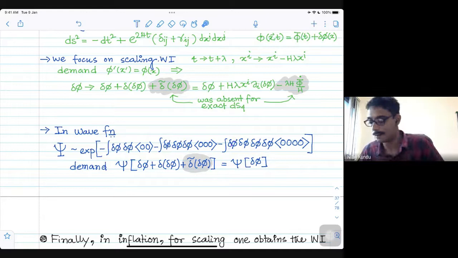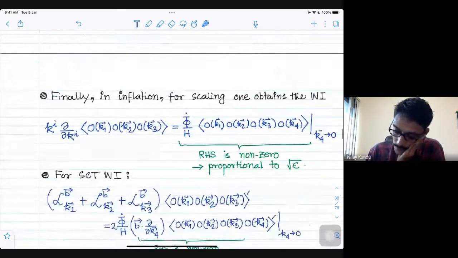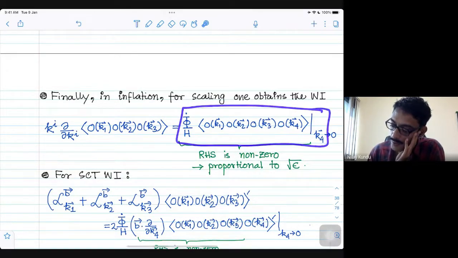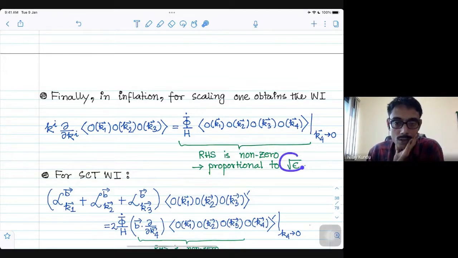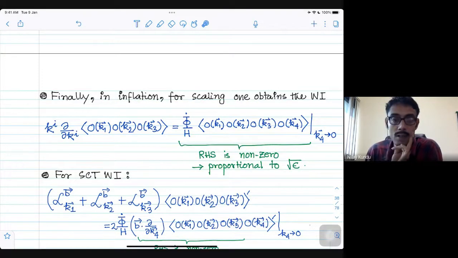So I'm not getting into the details, but if you follow the calculations, you will see that the scaling Ward identity for inflation becomes this object equal to something non-zero, which is proportional to this phi bar dot over H, which is basically this slow-roll parameter or the square root of this slow-roll parameter. So what I'm trying to claim is that this is the Ward identity of the 3-point function, or in that sense